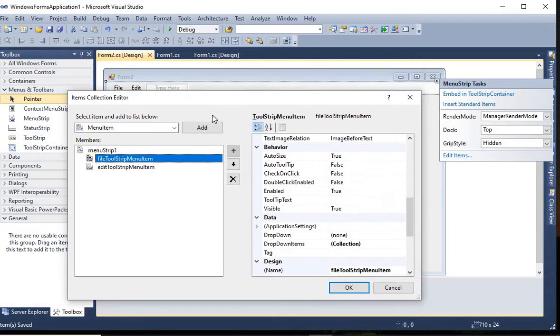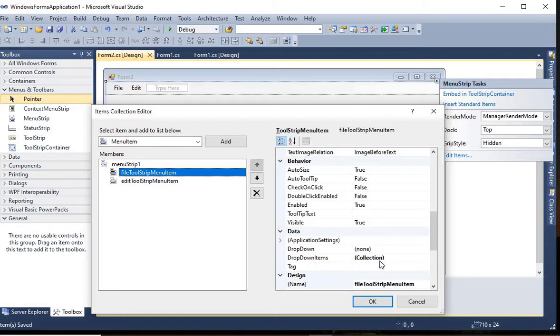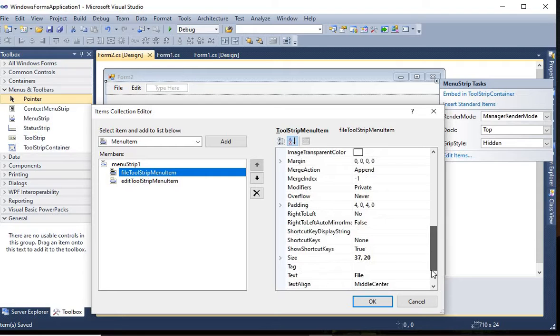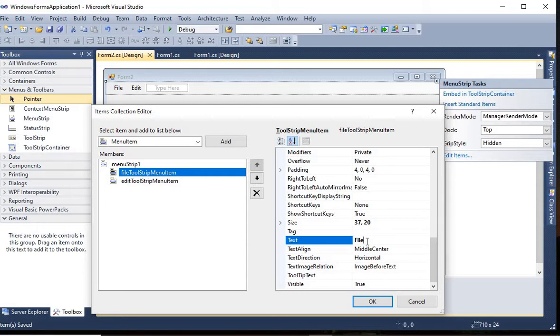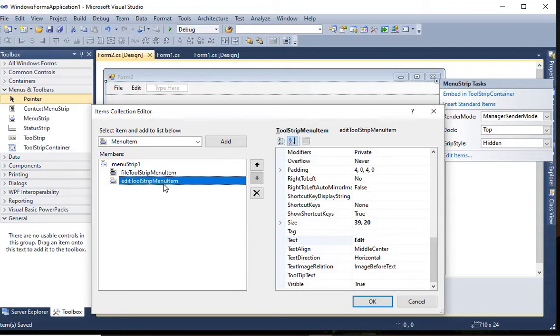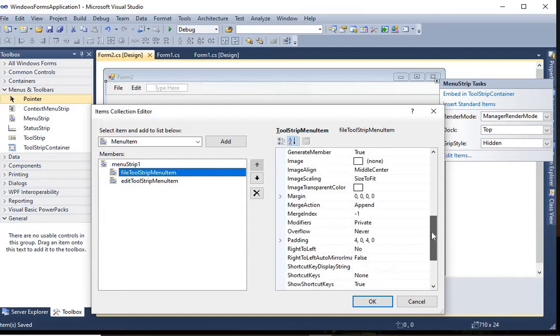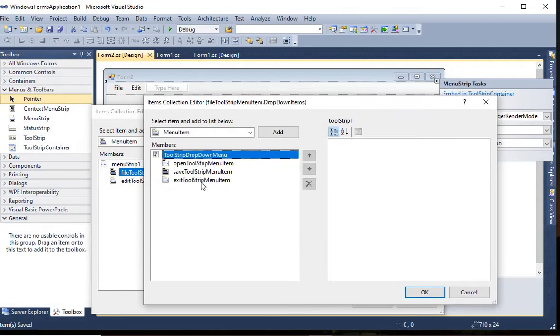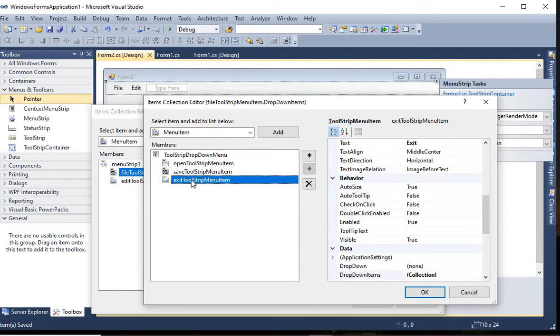The first is File, and its text is File. The second is Edit, and its text is Edit. For a submenu, the property name is DropDownItems. Just select it and from that you can also find Open, Save, Exit, which we have defined directly over there.